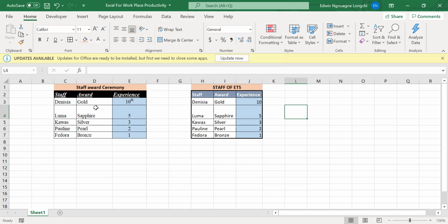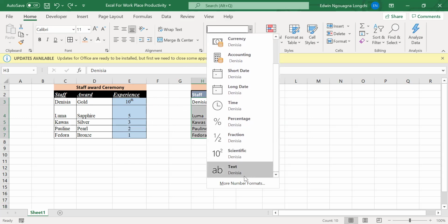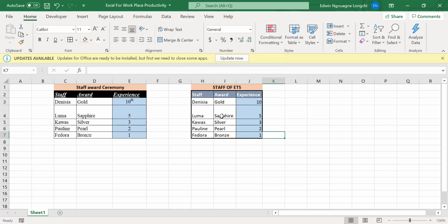Okay. So when you type in all this data, let's use this table. You must tell Excel what data type it is. If I highlight this, it is text, right? So you should know that this is text, of course. If I highlight it, I can come here and choose text. Now, when you click on it, Excel says text. So Excel has understood that this is text. For this one, it's numbers, right? So I highlight, I come here, and I